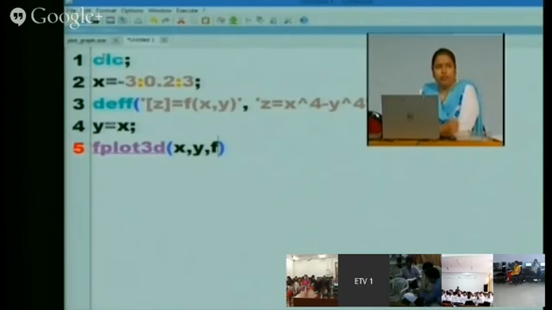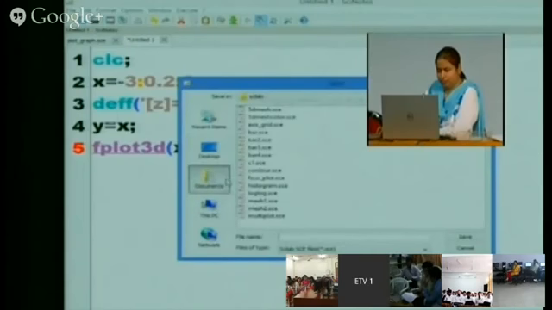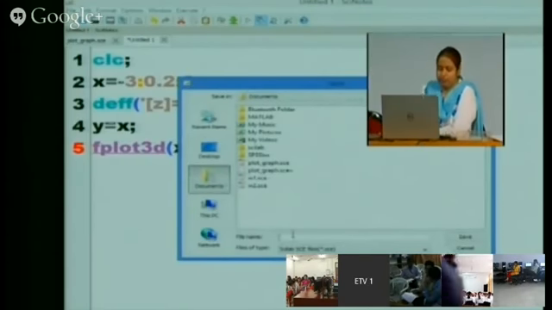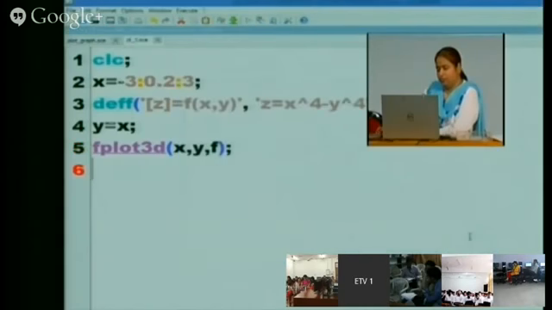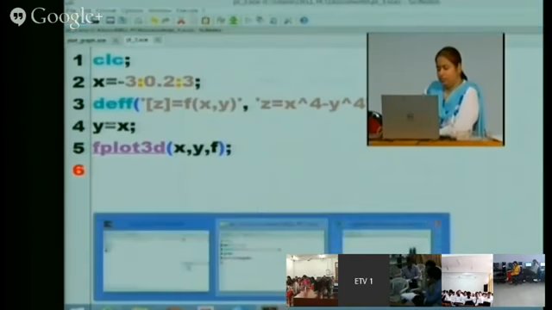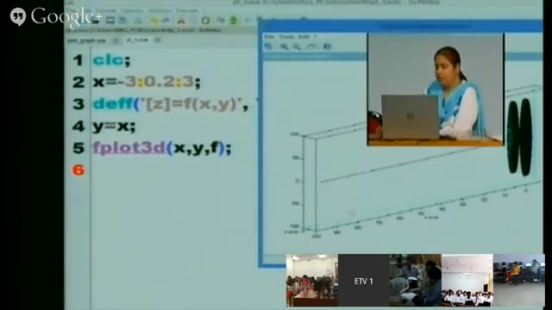If I do not use the function, then I would write x comma y comma z. This is the plot I am getting on the x axis, y axis and z axis.